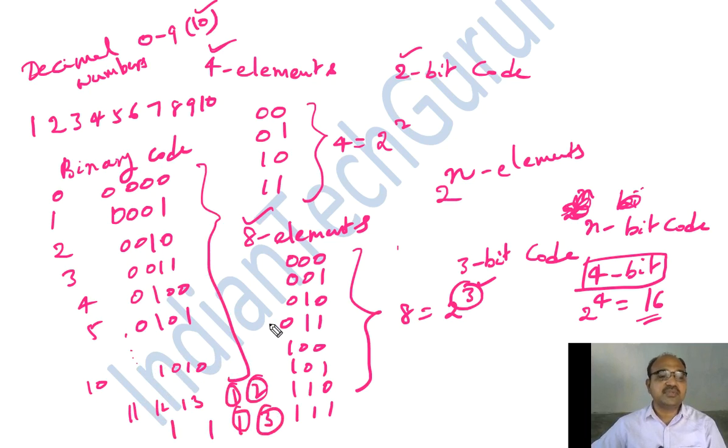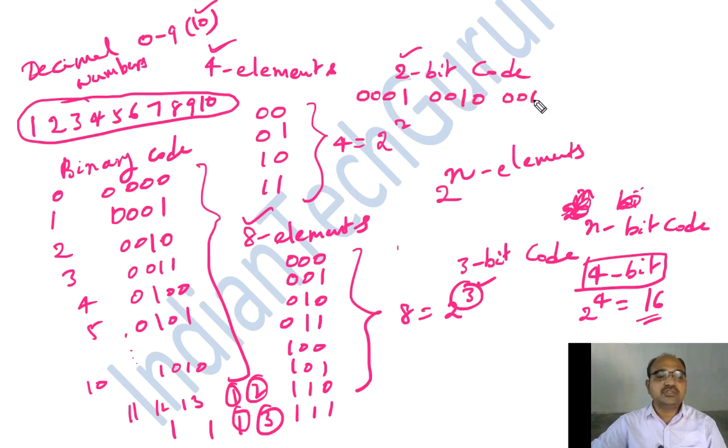Like this we are going to represent. Now we can easily represent this particular decimal number by using its equivalent binary codes, such as 1 is represented as 0001, next 2 as 0010, next 3 as 0011, and so on. Even though this binary number seems to be large, because we are bifurcating each decimal number, it is easy to store these values into registers or memory and manipulate them.